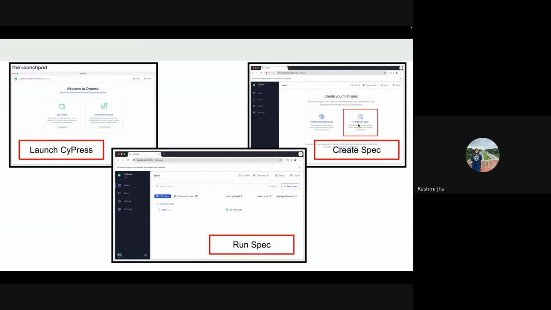The extension for the spec file name should be cy.js, and after this we need to click on create spec to create our new spec file. Now a sample code is created automatically in the Cypress app, and the same sample file will be reflected in VS Code under the e2e folder.